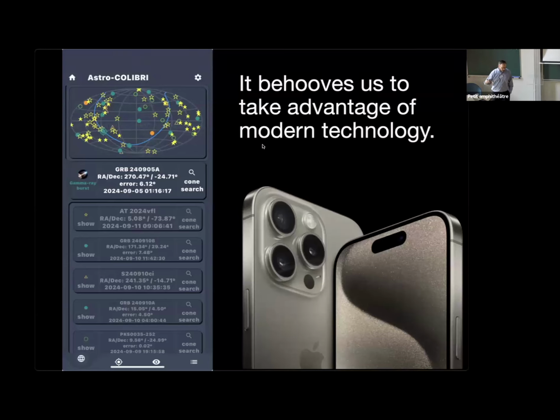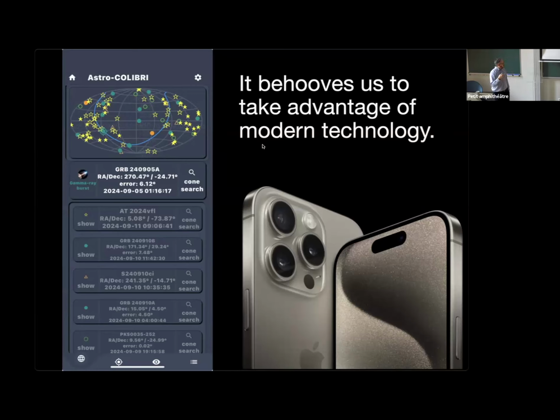All right, so we've now been given an alert. Let's pretend it's a gravitational wave alert, just for an example, that comes down a Kafka stream, either via GCN or via Hopscotch. You've received this alert. Perhaps Astro-COLIBRI has buzzed in your pocket to say that there's a new event. So now we need to start making decisions if we want to follow this.